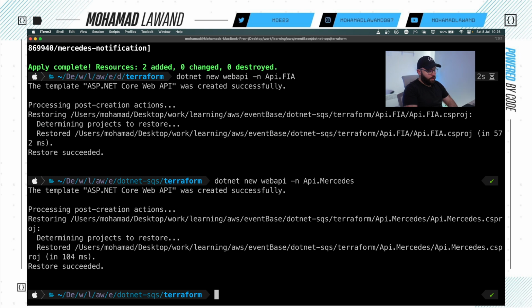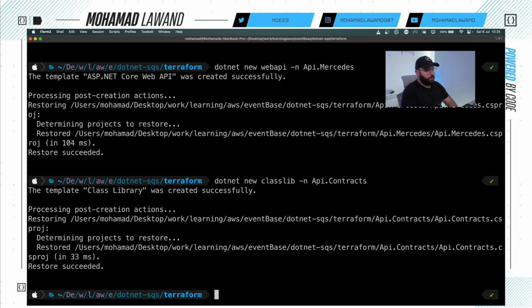So in order for me to do that, I'm just going to create dotnet new classlib, and I'm going to call it API.Contracts. Perfect. So now if I open it again in Visual Studio Code,